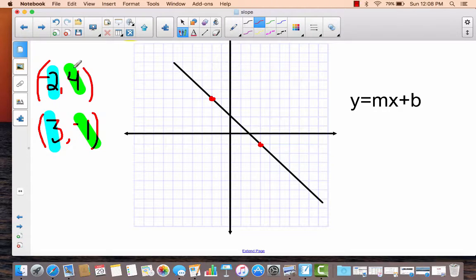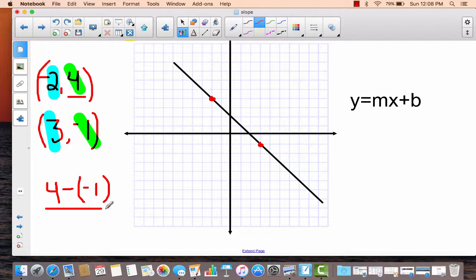And I have a choice here. I could do 4 minus -1 or -1 minus 4. And the truth is, it does not matter. Pick whatever you like better. So I personally am going to go with 4 minus -1. Now the only part that's important, because I chose to start with the 4 for my y's, is that